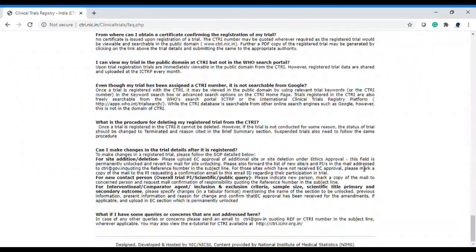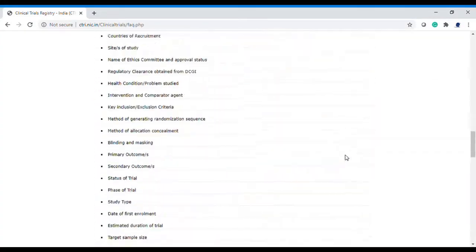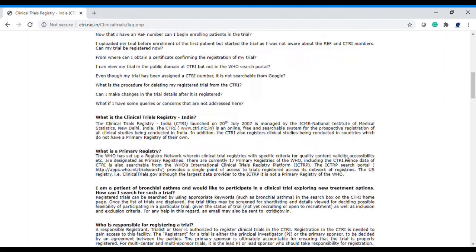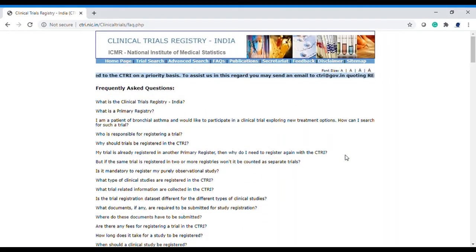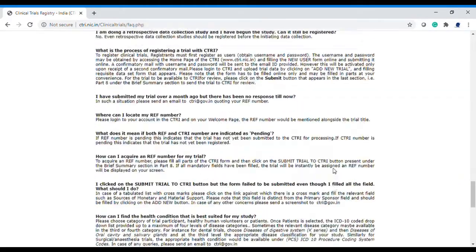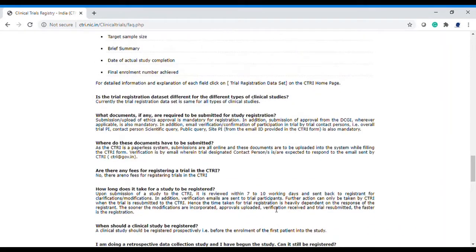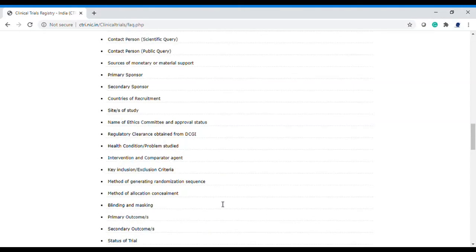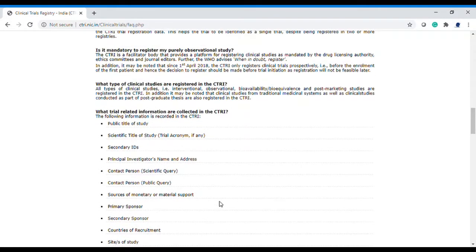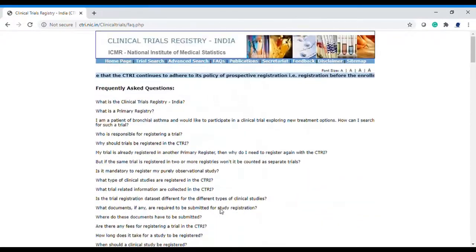You can go through all these questions, and you will have a clear understanding of the CTRI. This is going to make your interview easier, because you will have a lot of knowledge about the CTRI and the stages of the clinical trial. You will get a lot of exposure from this. Also, it is recommended that whenever you find any terminology which you are not aware of, just Google it, find out what that terminology is, what it means, and how it is implemented in clinical trials. That's what you can understand from this FAQ.